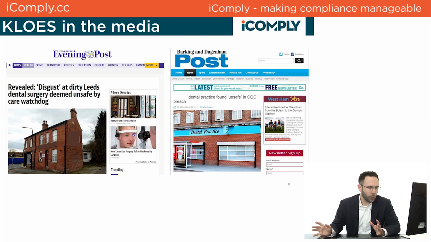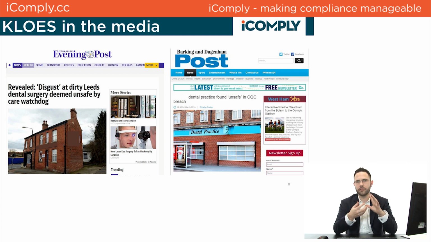So what are we trying to avoid? With the key lines of inquiry, obviously safe, caring, effective, responsive, well-led, it's really buzzwordy. So what we're actually finding is that the press love it, because if a practice fails an inspection, a report goes on the CQC website that says this practice is unsafe, or this practice is poorly managed,